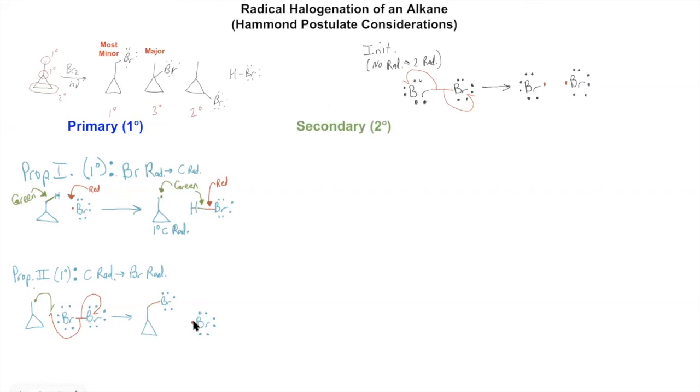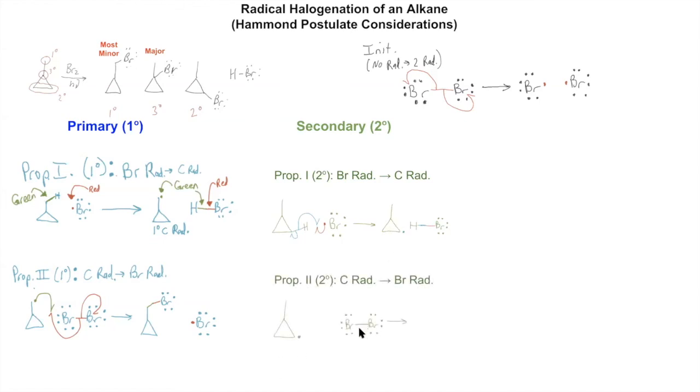Okay, now for the secondary propagations. For these ones, the bromine is not going to collide with that methyl up top. It's going to collide with one of the 4 secondary carbons. And there we go. We got a red and a blue electron meeting up there. Blue radical on the carbon. And then this carbon radical is going to react with the bromine with 2 red electrons. So we get that red, blue. All right.